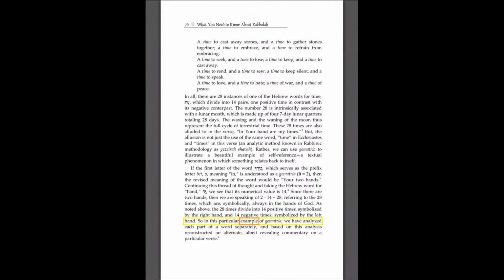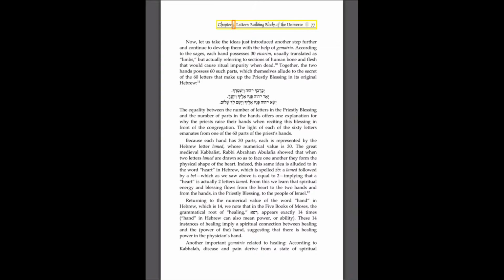So in this particular example of gematria, we have analyzed each part of a word separately, and based on this analysis reconstructed an alternate, albeit revealing commentary on a particular verse. Chapter 5, Letters: Building Blocks of the Universe. Now, let us take the ideas just introduced another step further and continue to develop them with the help